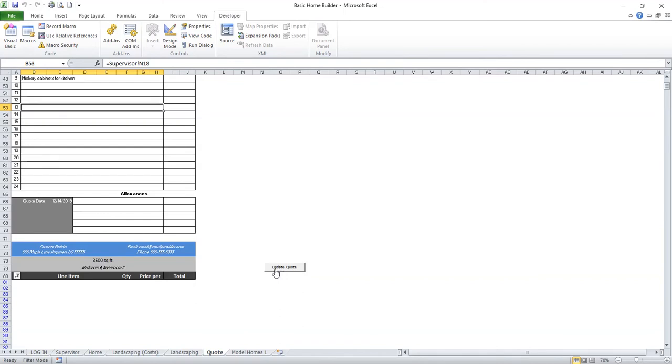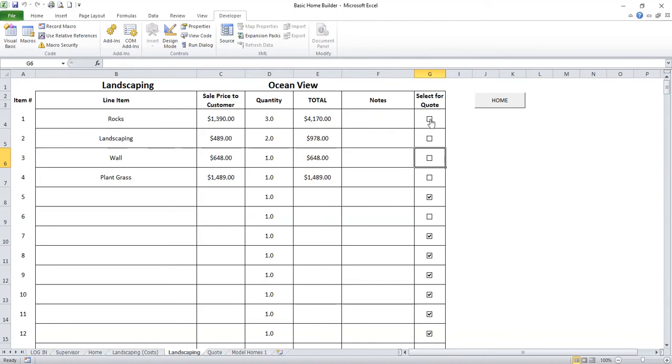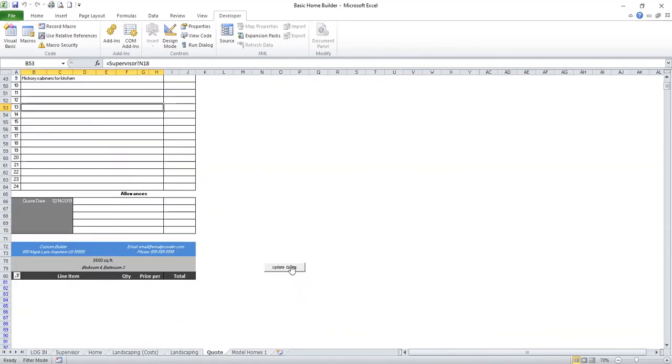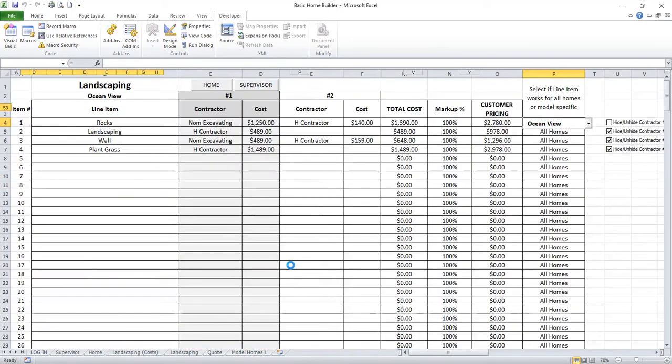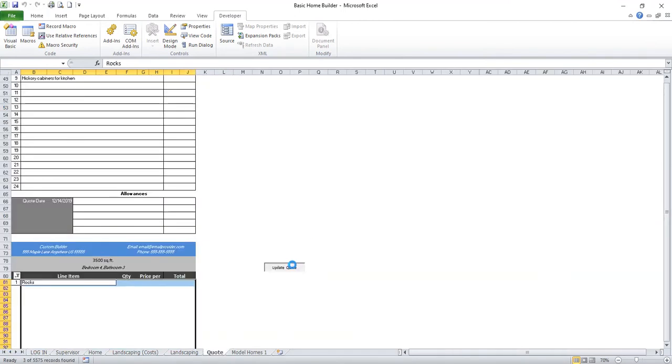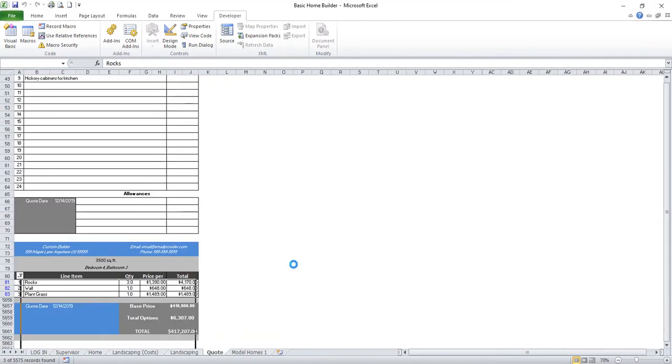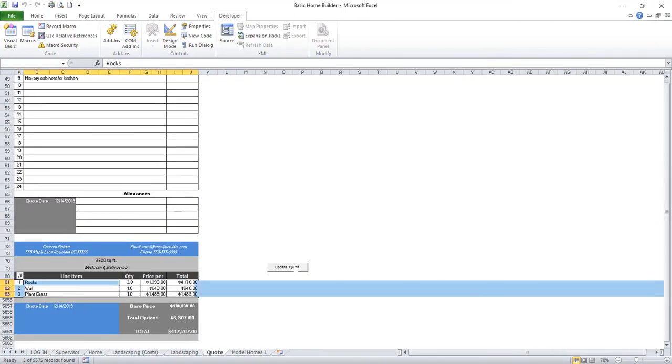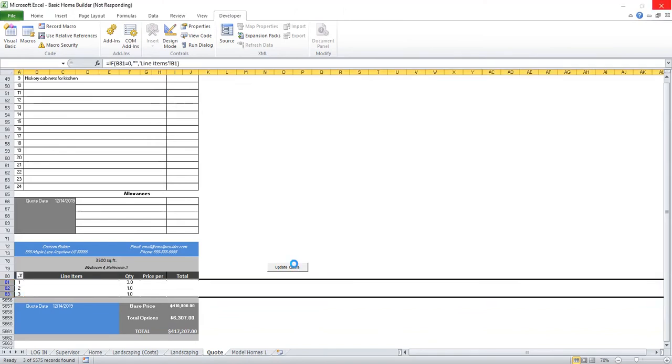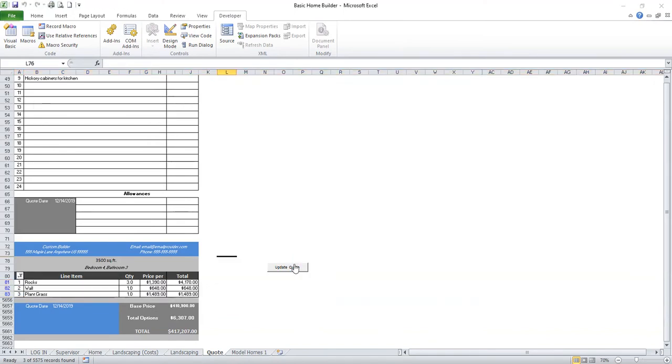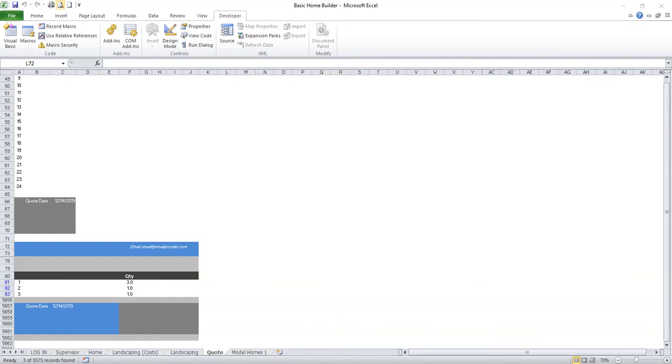Now remember, every time you make changes to these pages, such as check marking these, you have to press the update button back here. So let's press it. This may take up to a minute depending on your computer. See, it's taking a little bit here. Just give it a little bit of time. Okay, it's all complete. Now when we go to the print preview button,